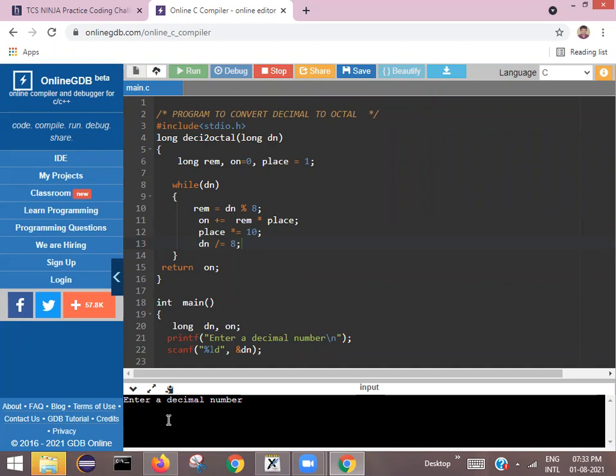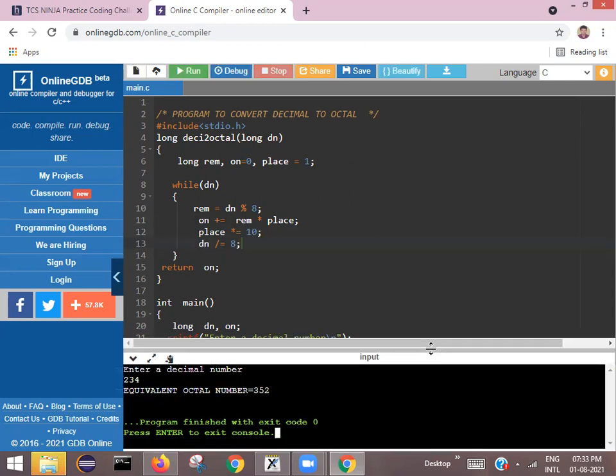I am entering some number, 2, 3, 4, or 5, something like that. Let us check. Equivalent octal number is 352, I got. Please work out mathematically and tell me whether it is correct or not. Quick, quick, quick. You should be very quick. Use pen and paper.